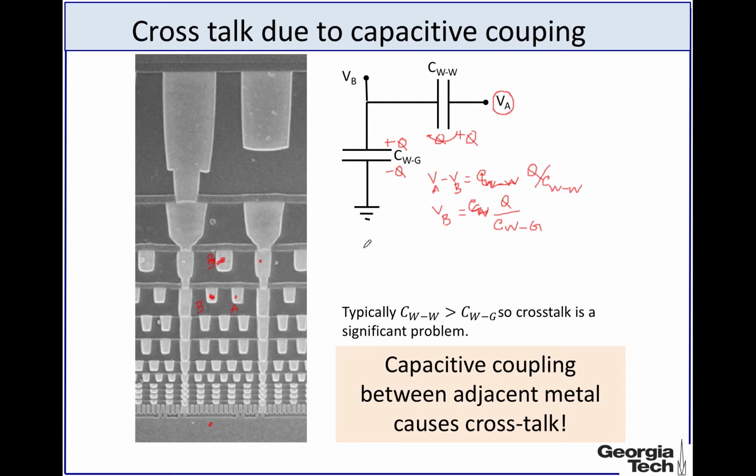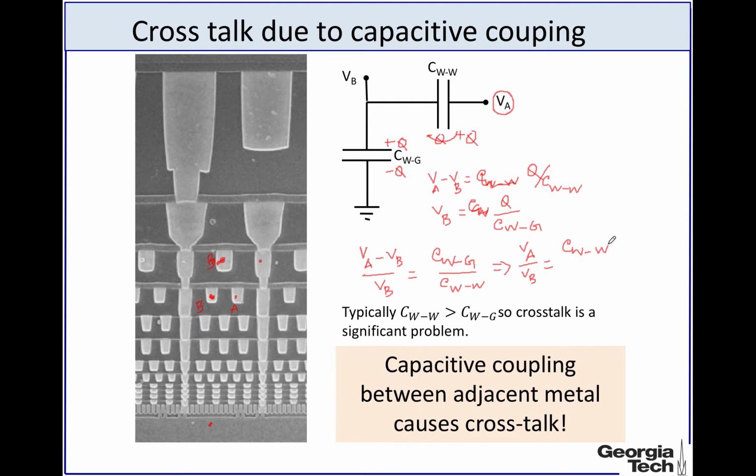Now if we take the ratio between them, VA minus VB over VB will be equal to CWG over CWW, and with a little bit more algebra, this is what we get: